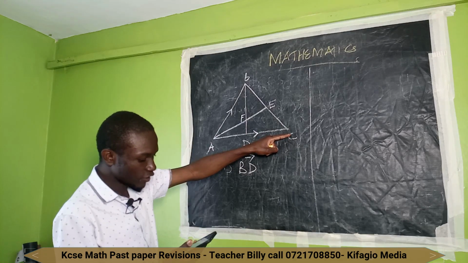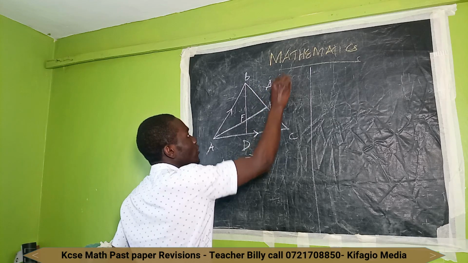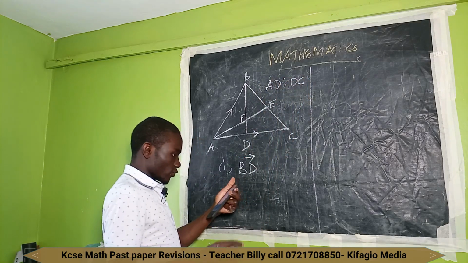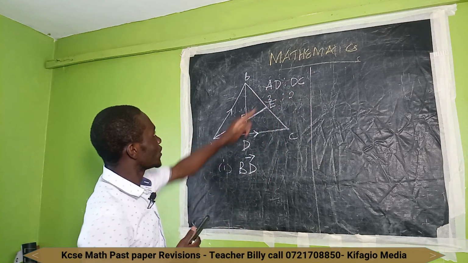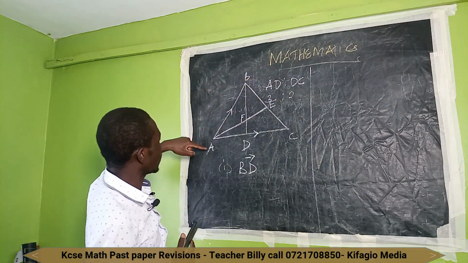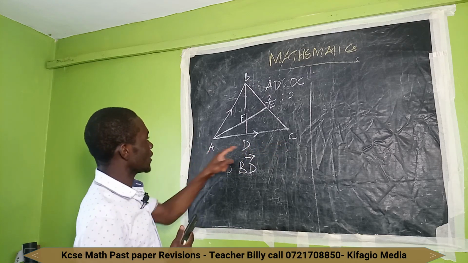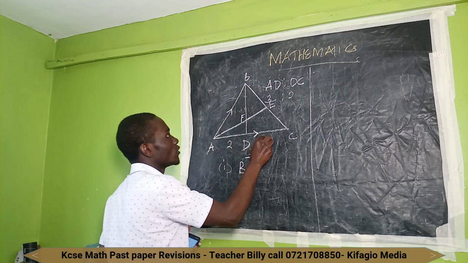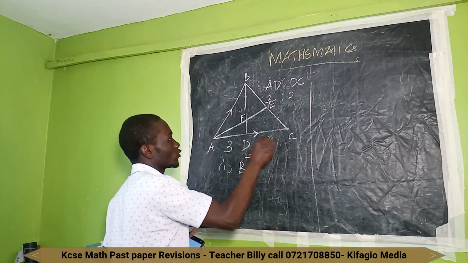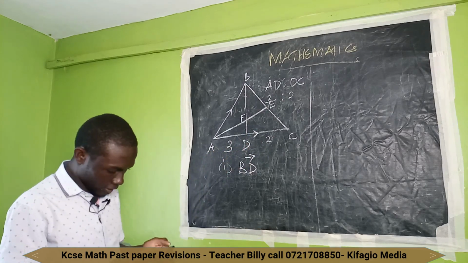Then you are told that the ratio of AD to DC is 3:2. From A to D, so AD, DC. AD 3 units, DC 2 units. So we are having 3 and 2. AD 3 units, DC 2 units. Then,